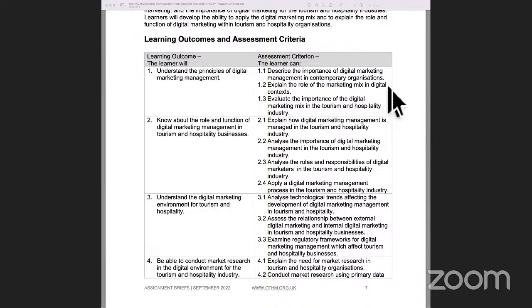Then we looked at how we can apply this to the tourism and hospitality sector. And then last but not least, the knowledge descriptor is asking us to do it practically. So if you see some of the knowledge descriptors on unit learning outcomes 1, 2, and 3, they are to know about or understand. That means they are theoretical.